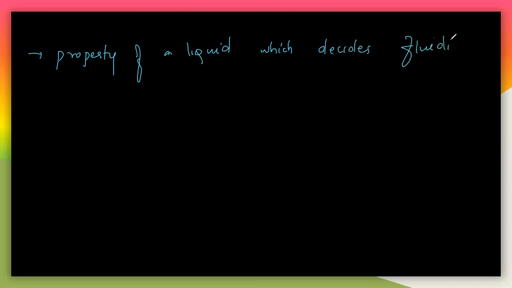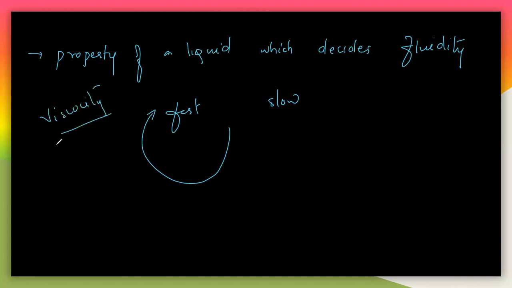It is a property of a liquid which decides the fluidity of a liquid. So fluidity of a liquid which decides the flow of liquid అనమాట. సో అంటే ఒక లిక్విడ్ అనేది ఫ్లో అవుతుంది. సో అది ఫాస్ట్ గా ఫ్లో అవుతుందా, స్లోగా ఫ్లో అవుతుందా, ఇట్ డిపెండ్స్ ఆన్ ద విస్కాసిటీ. ద ఫినామినన్ ఈస్ కాల్డ్ విస్కాసిటీ. ఈ ఫినామినాన్ని విస్కాసిటీ అంటారు. సో ఏదైనా ఒక లిక్విడ్ మనం ఇలా పడేసినప్పుడు అది స్లోగా మూవ్ అవుతుందా, ఫాస్ట్ గా మూవ్ అవుతుందా, ఇట్